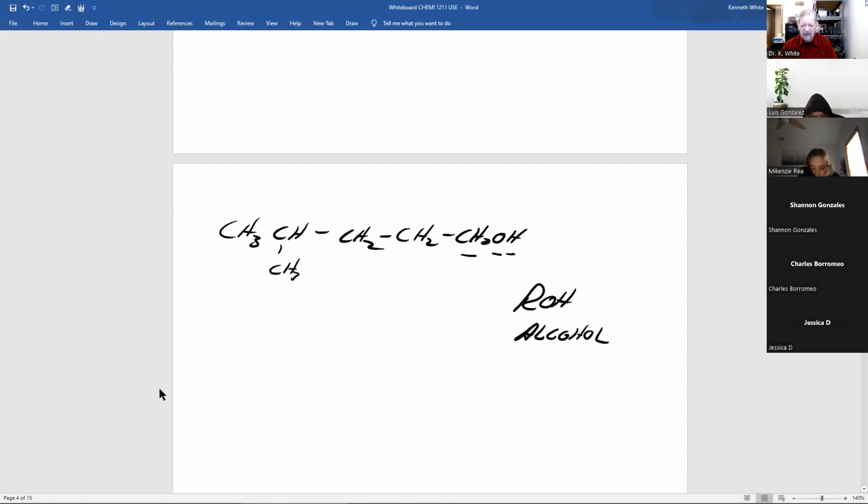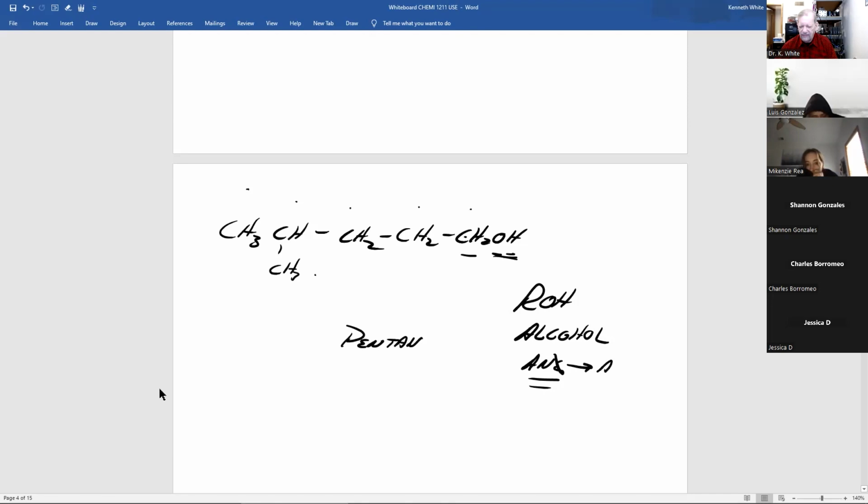And how do we name it? We find the longest chain with the carbon with the hydroxyl group. 1, 2, 3, 4, 5. So that's pentane. Remember, nomenclature for alcohols: find the longest chain with the hydroxyl group, OH, name it as an alkane, drop the